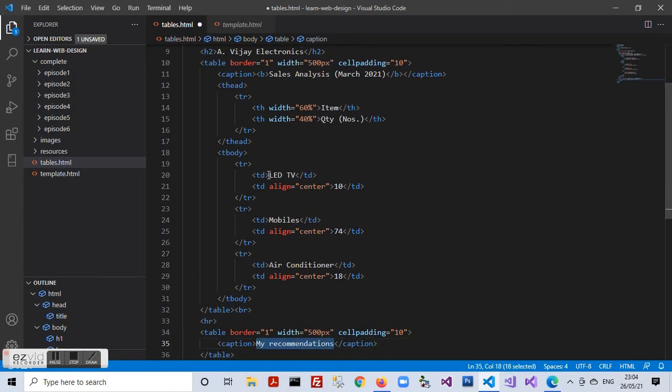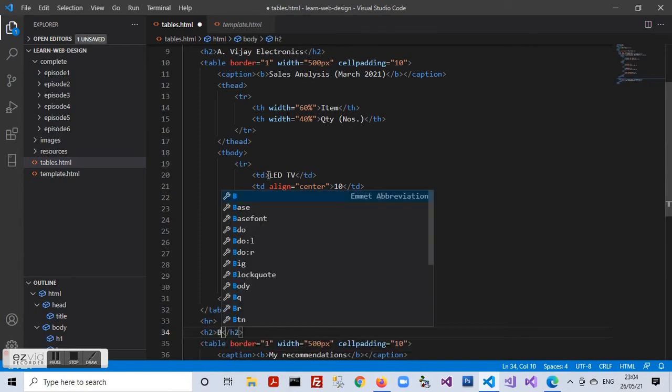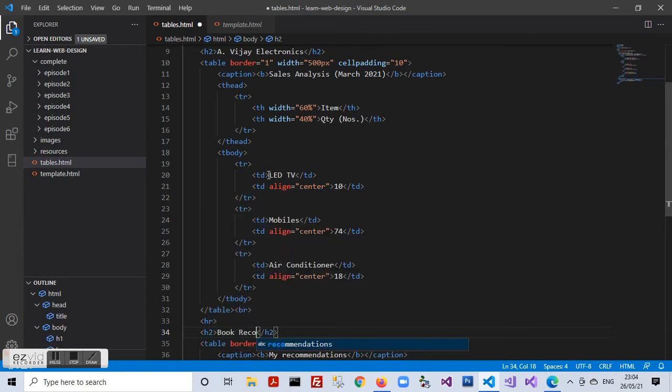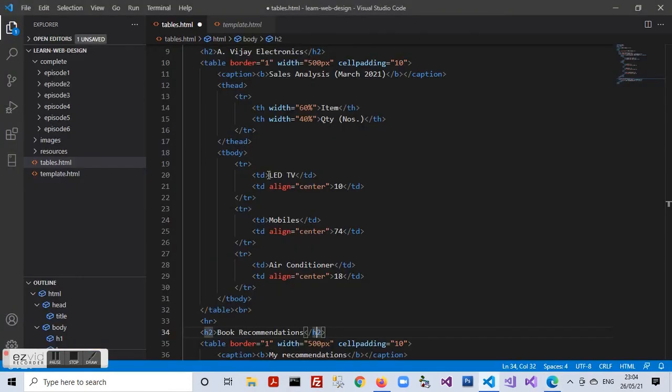I need to wrap it in a bold tag. And I'll have it as a heading of recommended books.